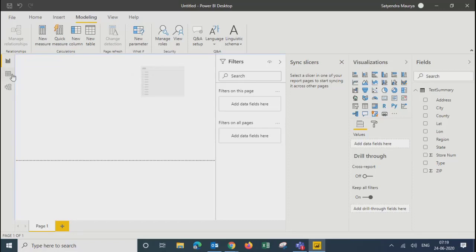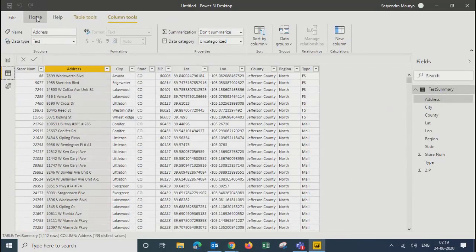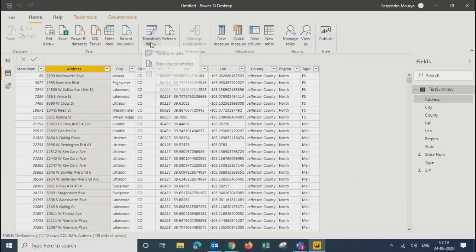If I go here to data and home, you'll see you've got edit parameter and edit variable, but these are grayed out right now. You cannot use them because you cannot edit a parameter unless you create it. That's why it is grayed out. As soon as you have one parameter in your data model, then only this will be enabled, right?